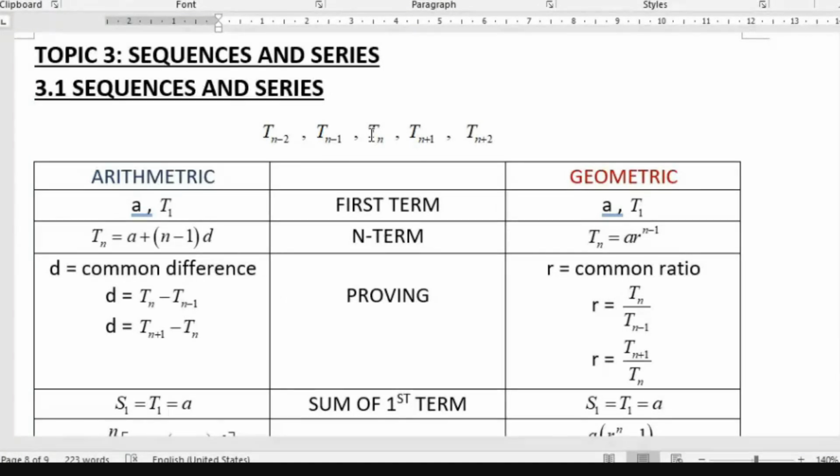So if this is n, before it will become n minus 1, and then after it will become n plus 1. Okay, then